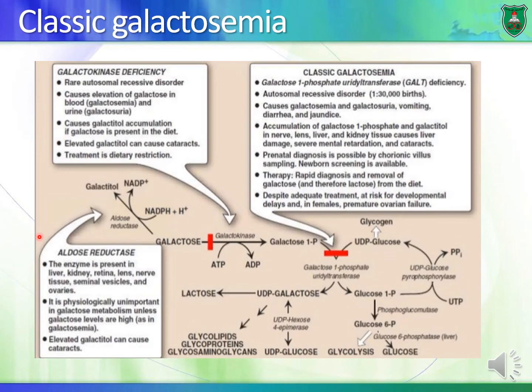Now, another condition that we should focus on is classic galactosemia, which is related to deficiency in the enzyme galactose 1-phosphate uridyl transferase. Now, it is an autosomal recessive disorder, and it can cause galactosemia and galactosuria, vomiting, diarrhea, and jaundice as well. Now, what happens is that there will be accumulation of galactose 1 phosphate in several tissues,